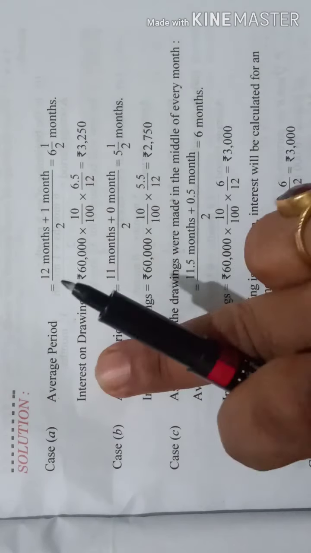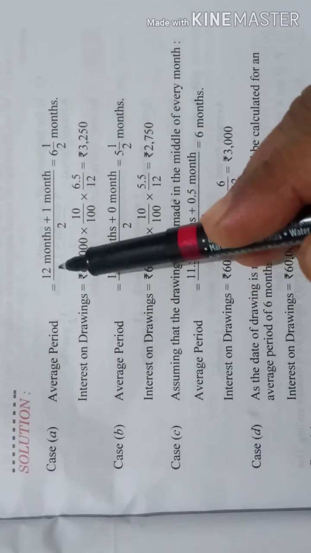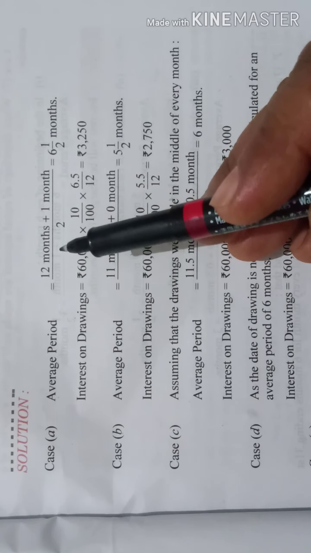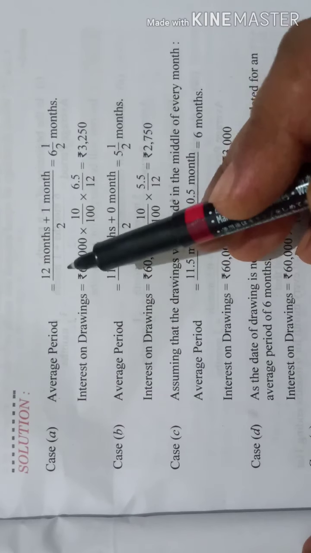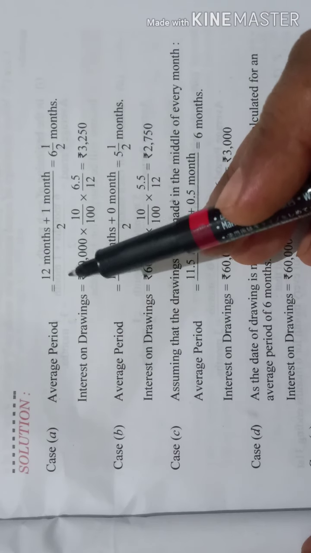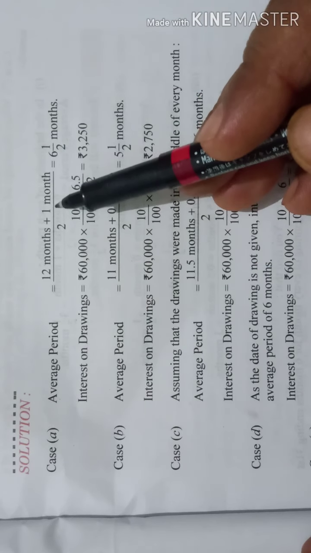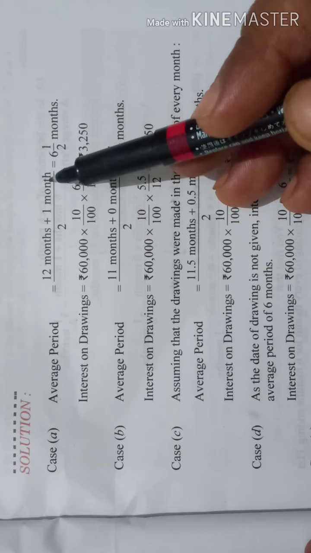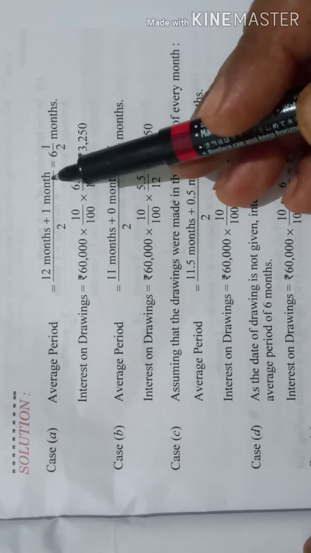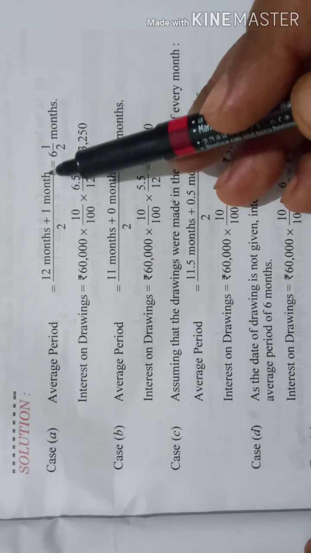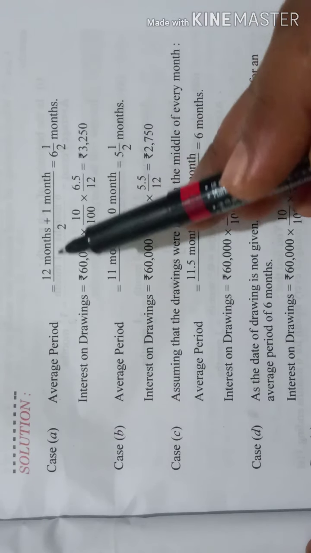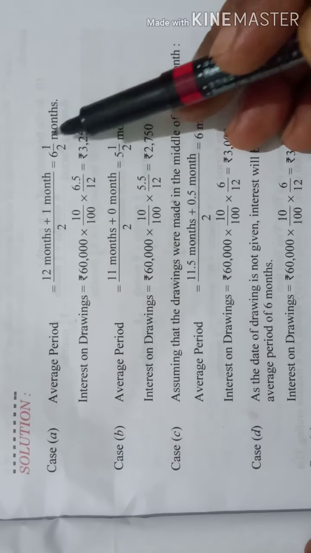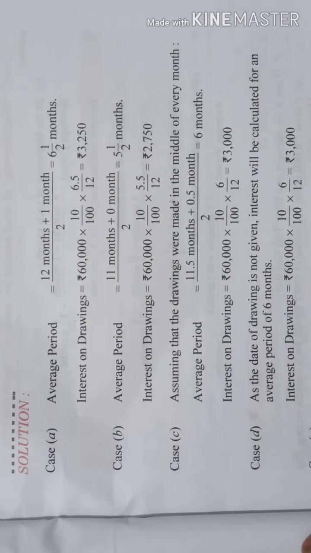Okay. Now average time period calculation. What I am calculating over here is when my withdrawal is in the beginning of every month. So how will I calculate? What is the time period left after my first withdrawal? 12 months. What is the time period left after my last withdrawal? Plus 1 month. That means I will withdraw on 1st of March. Okay, the last withdrawal will be on 1st of March. So a complete 1 month is there. So 12 plus 1 divided by 2 will give me 6.5, the one which we calculated.